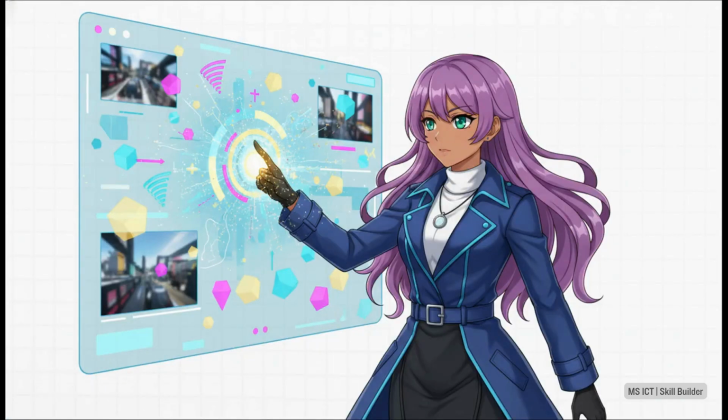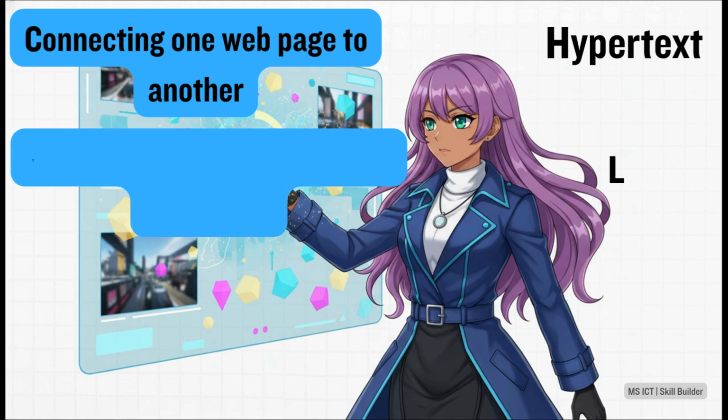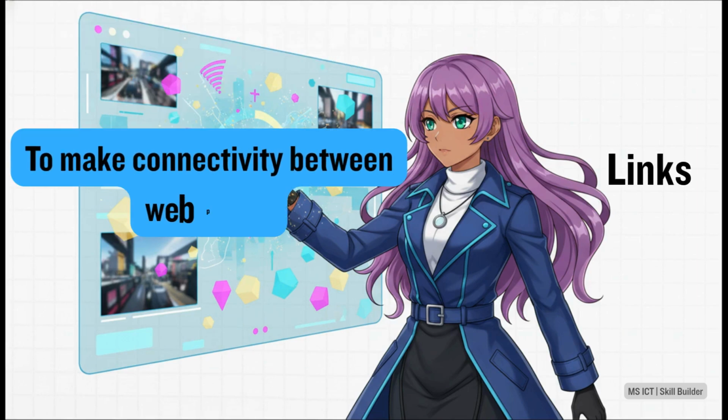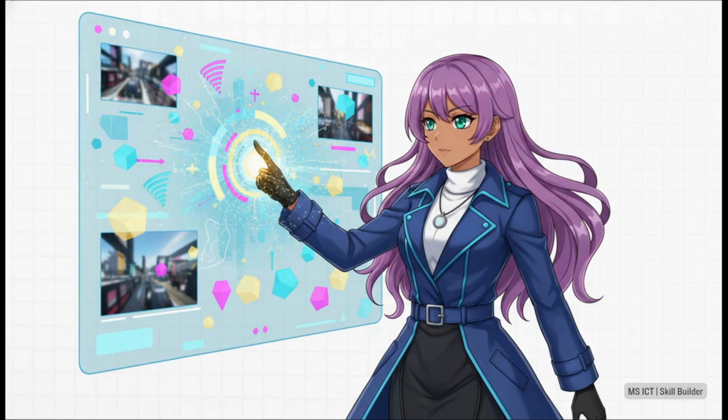But on this newly loaded page, the mystery doesn't just end, it actually branches out. The page is totally filled with interactive elements. You've got hypertext, which is text connecting one page to another. You've got links, which are the web addresses used to make that connectivity happen. And you've got hyperlinks, which can pop up as text, an image, a button, or an arrow. When you click a hyperlink, you jump straight to the URL specified. Essentially, every single hyperlink on that page is just an open invitation for our detective to start a brand new